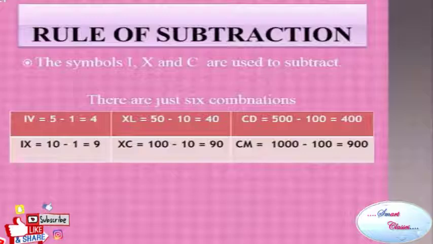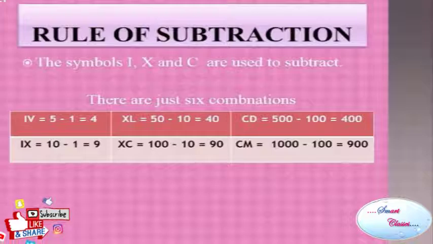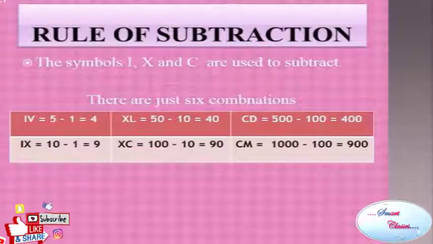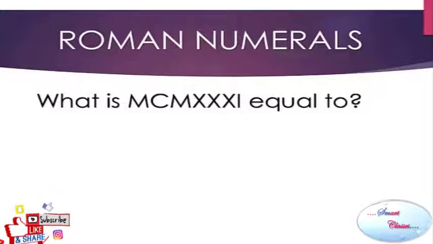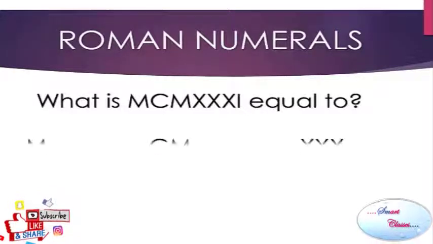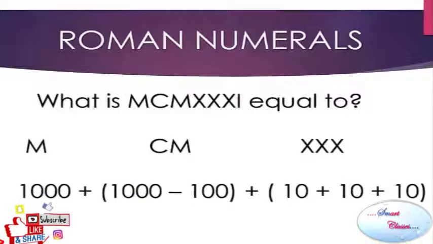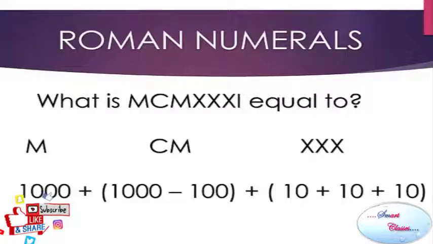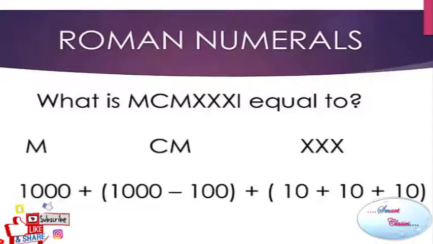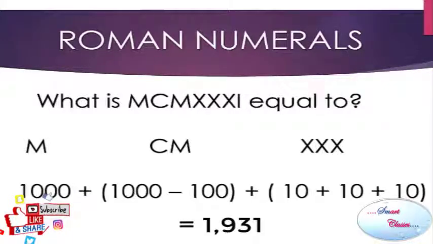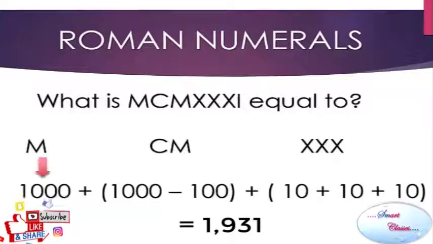Here is an example for a larger Roman numeral. Suppose the question is MCMXXXI is equal to what? So we know that I is equal to 1, XXX which is equal to 30, then CM which is equal to 900 and M is equal to 1000. So we can write it as 1000 plus 900 plus 30 plus 1 equals